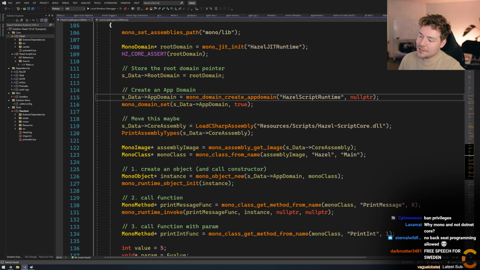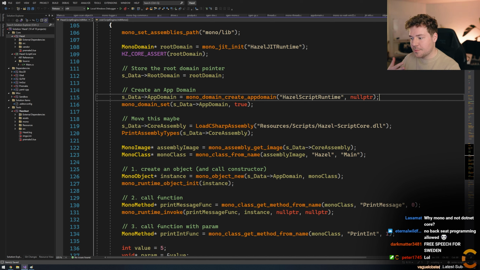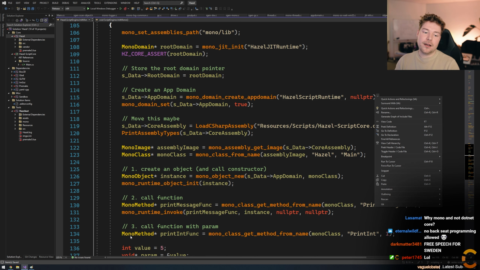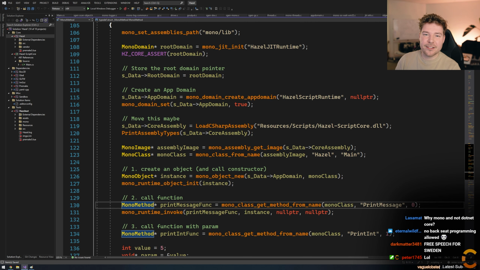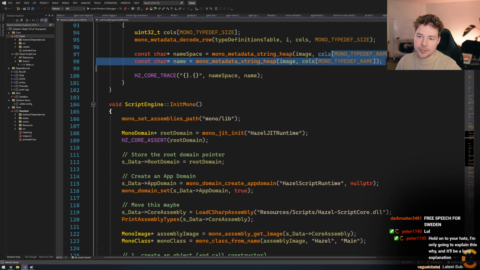Yeah, in fact, Peter, you can answer all of the why Mono and not .NET Core messages that I've been getting for the past week from everyone, including emails, which I can forward to you. We've talked about this before, and again, we might eventually switch to .NET Core in the future, but ultimately it's just because Mono is a little bit more suited for embedding at this current state. And there's also no real downside to using it for now. Eventually, as the years go on, we will probably switch to CoreCLR or whatever the formal name is. But Peter can answer all those questions. For now we're using Mono because it's great.